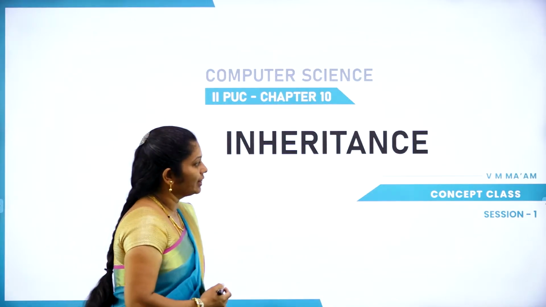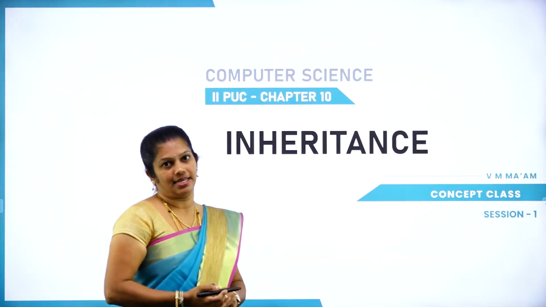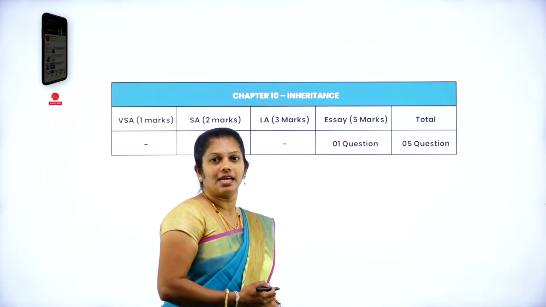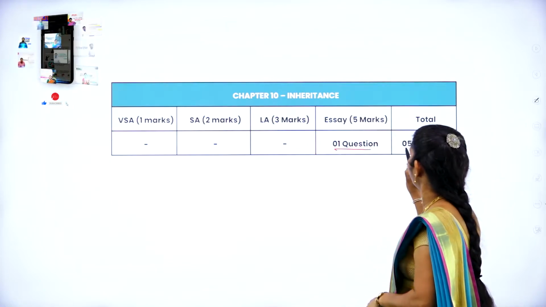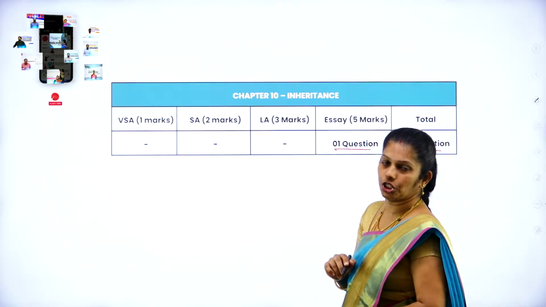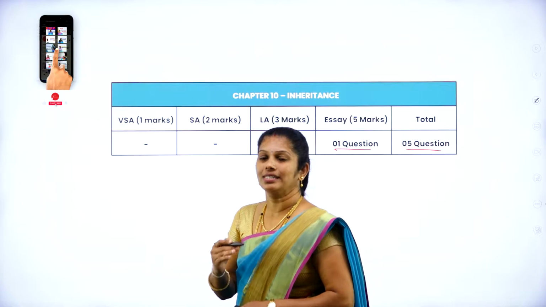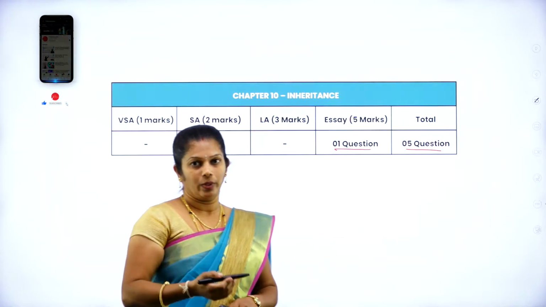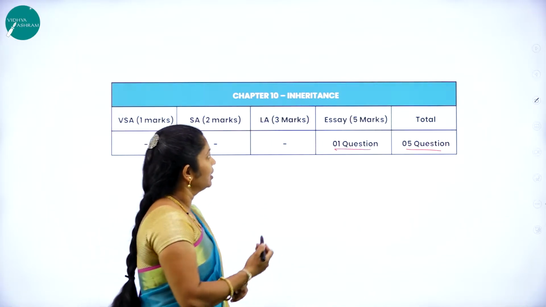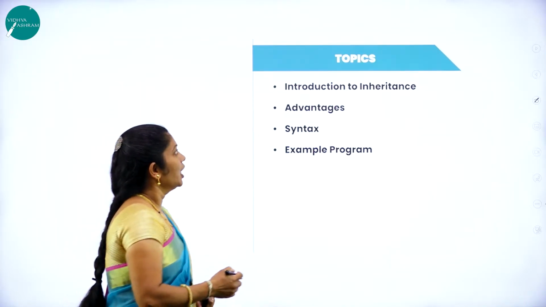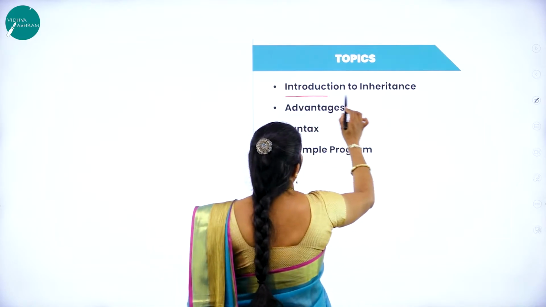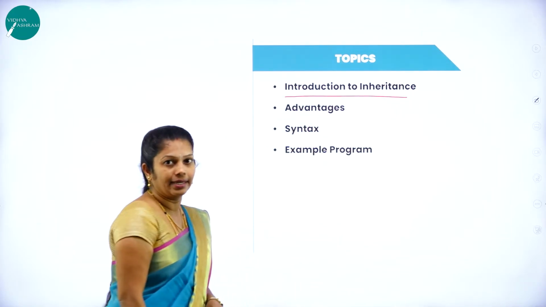Today, we want to start with the first session of the Inheritance chapter. In the annual exam, from this chapter, you will get only one question, that is in Part D for 5 marks. Only one question you are going to get. That is, what is inheritance, then the advantages, or the types of inheritance. Whereas in today's class, you will come to know the introduction to inheritance,